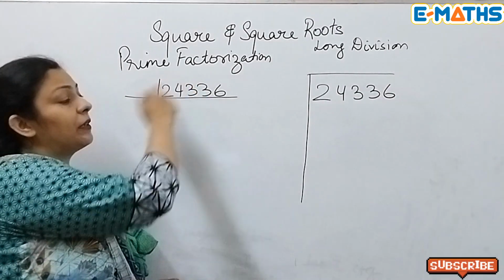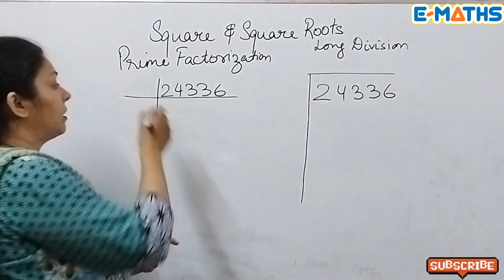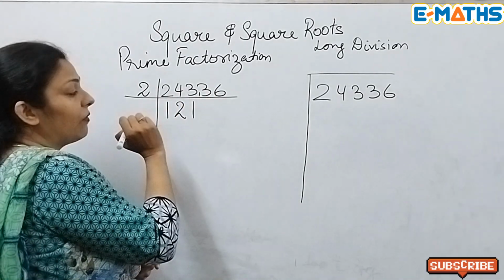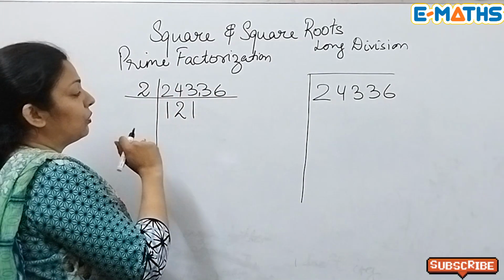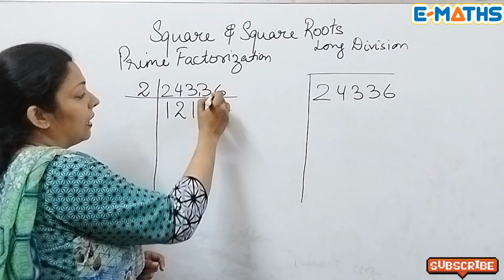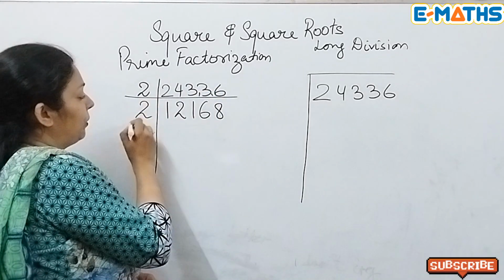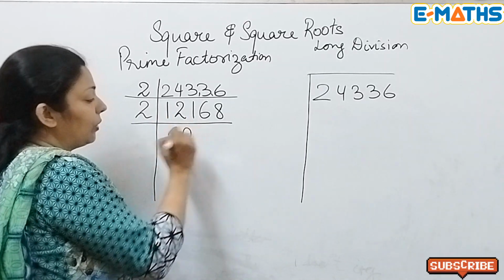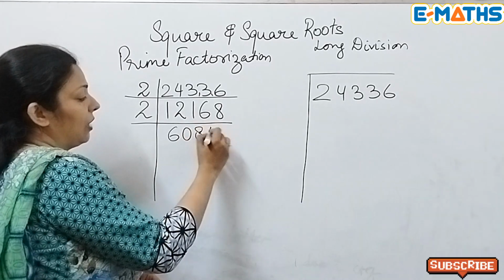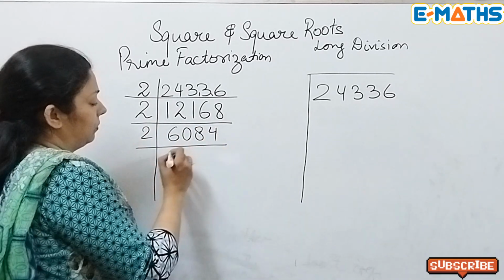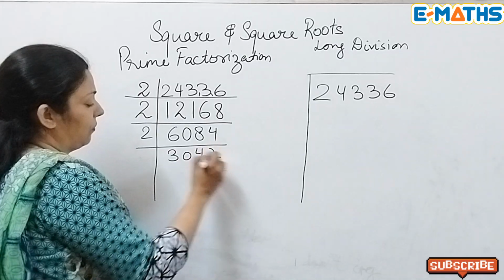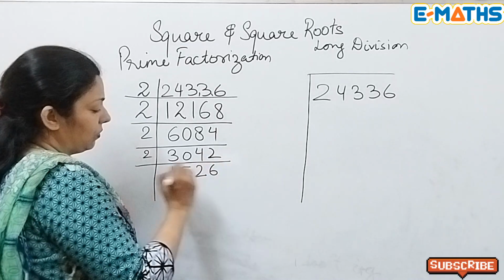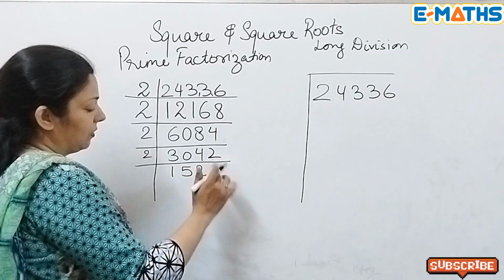So here, this number is an even number, so it is clear that it will go by 2. 2 ones are 2, 2 twos are 4, 2 ones are 2, and one small one you can write here so that you know that one has been given to this 3. 2 sixes are 12, then 2 eights are 16. Again by 2 because this is again an even number. 2 sixes are 12, this one is not possible, so write a 0 here. Then 2 eights are 16 and 2 fours are 8. Then again by 2. 2 threes are 6, 0, 2 fours are 8, 2 twos are 4. 2 ones are 2, 2 fives are 10, 2 twos are 4, 2 ones are 2.